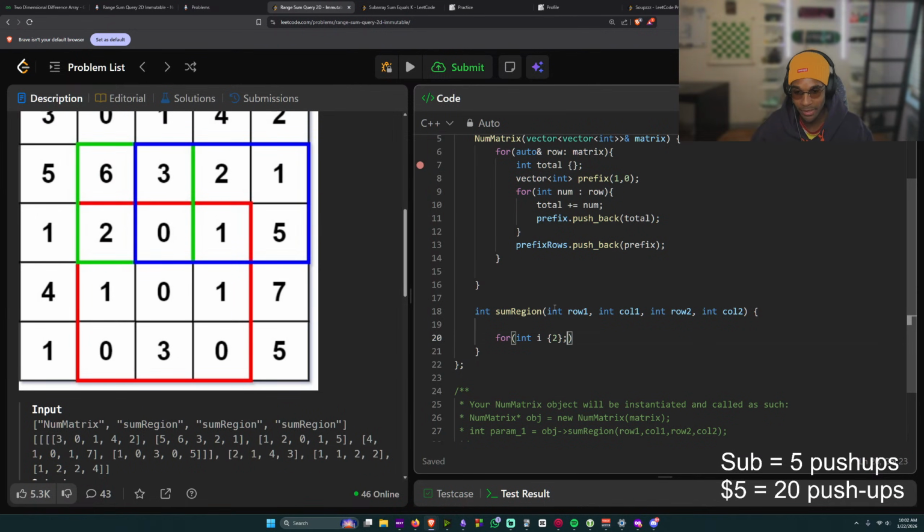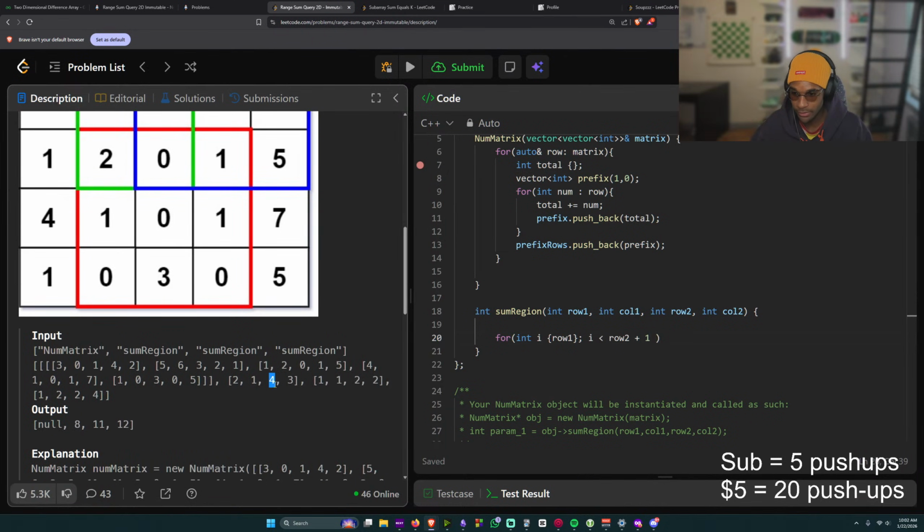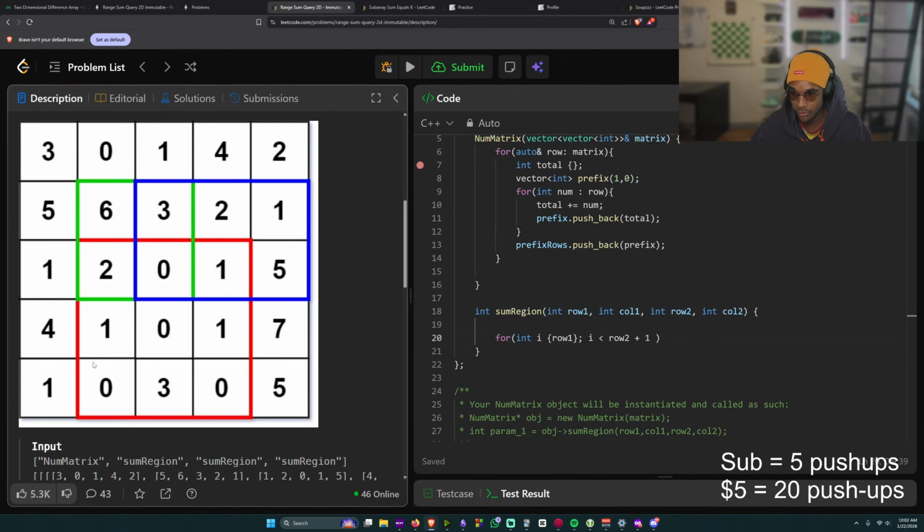Okay, so we're going from i equals 2 all the way to 4. So i is less than, oh, why did I, I'm stupid. It's row one, and it is less than row two plus one, because if this is at four and you want to go to 0, 1, 2, 3, 4, it would stop at three if you put four.